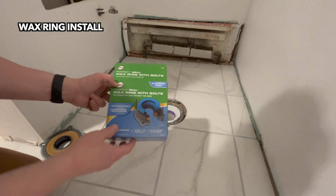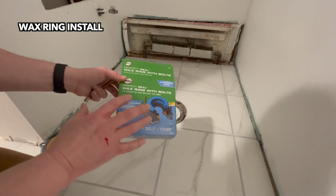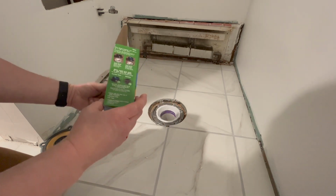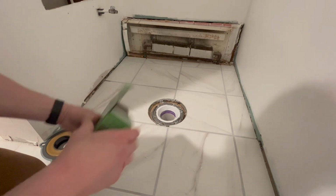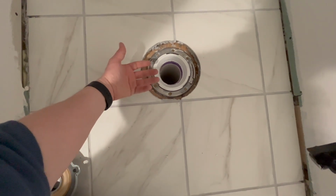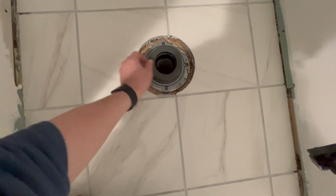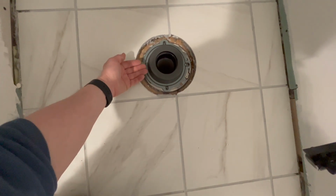All right, so in here, I'm using one of these Danco Perfect Seal wax rings with the bolts. The thing I like about these is that they sit up pretty high, and you don't always need this, but here I do. Probably can't tell from the video, but I'm about a half inch below the floor. I have to come up about 3/4 of an inch. And the nice thing about this is that it seats up pretty high. So it's gonna bring me maybe 1/4 to 1/2 inch once it's squished down up above,